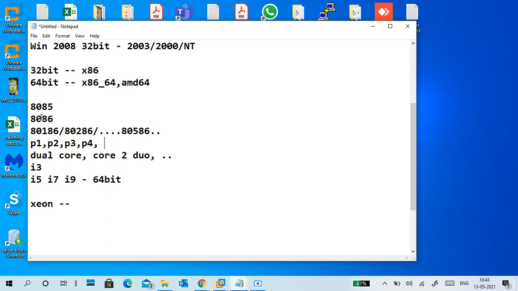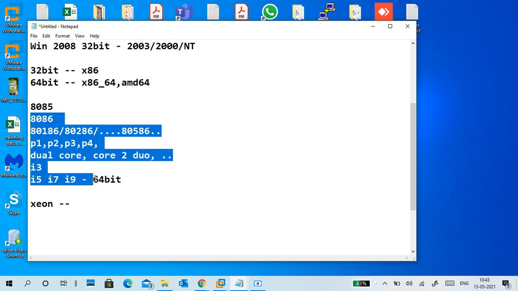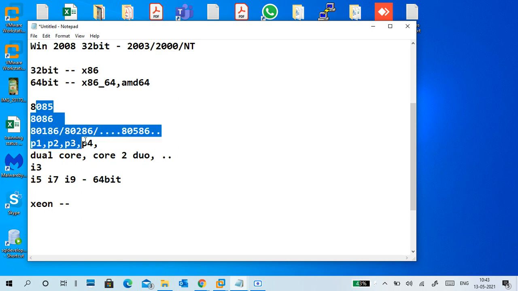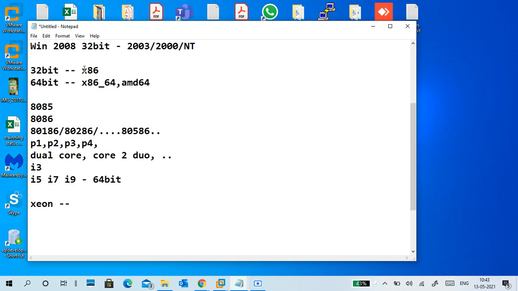Because we are using x86 architecture, 8086 architecture, from here to here, that's why it is written as x86. Earlier days, most of the Intel chipsets were 32-bit processors only. That's why when 32-bit comes up, it is written as 86.